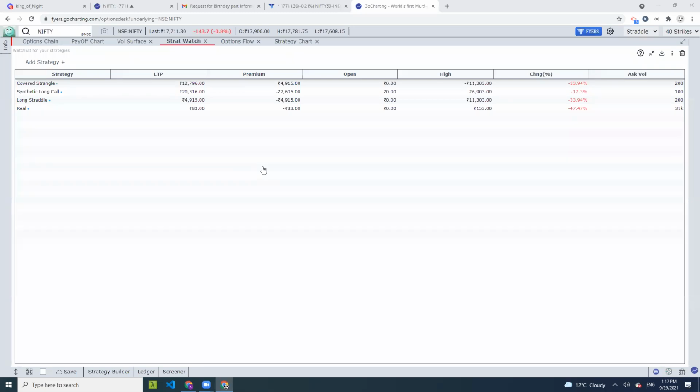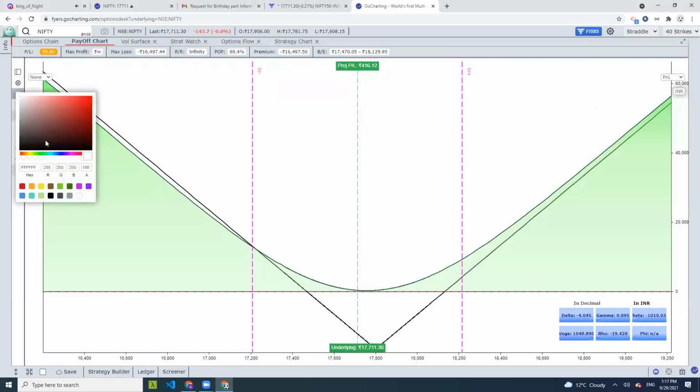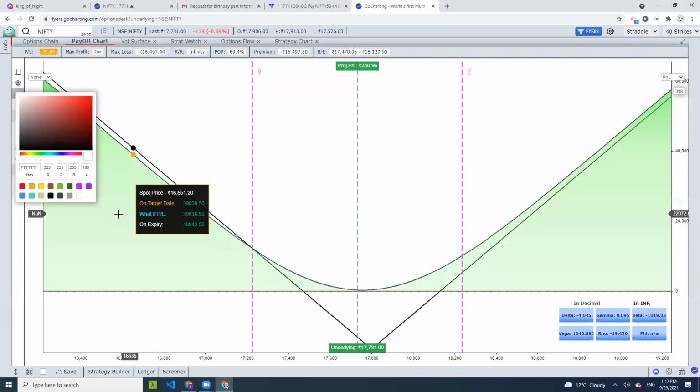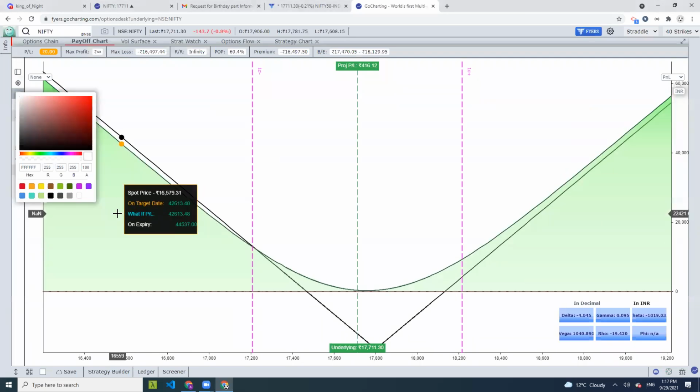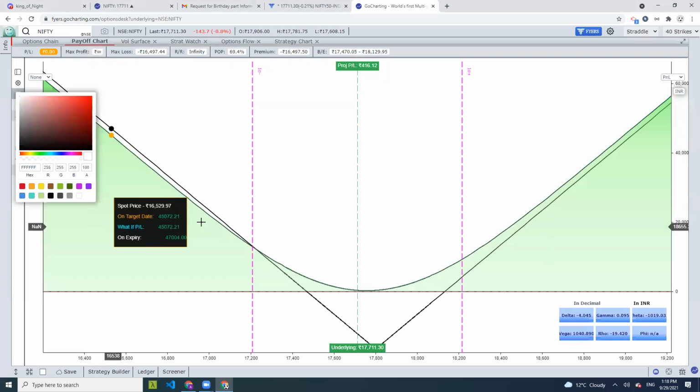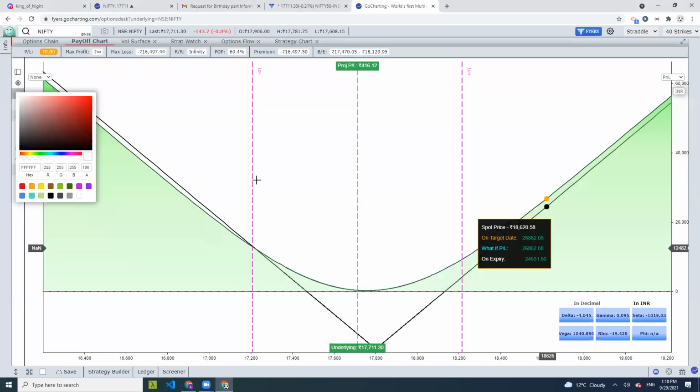Is it possible to change color in Payoff Chart? Yes, it is possible. The background can be changed today. If you want to change these colors, green and red, maybe you can drop us an email at admin@gocharting.com, or you can join our Discord and add it as a feature request and we'll quickly add it. Should not be an issue.